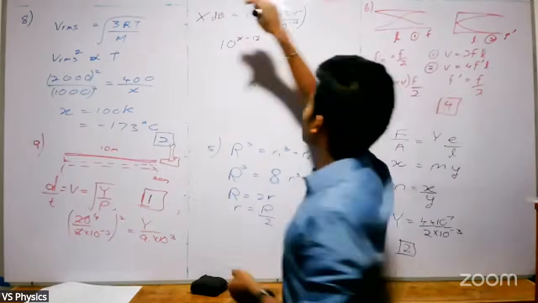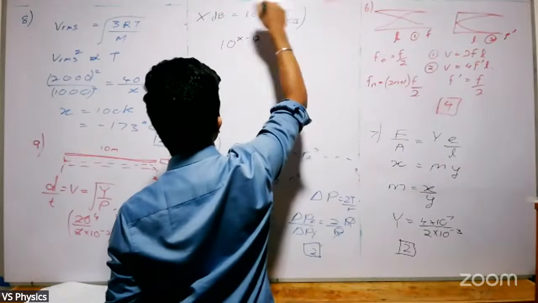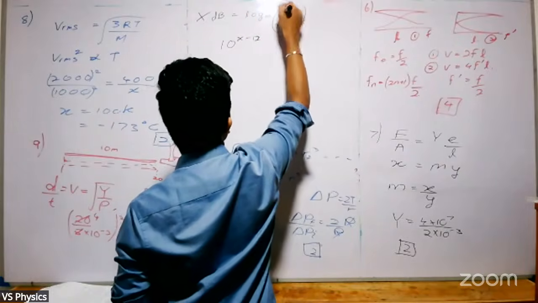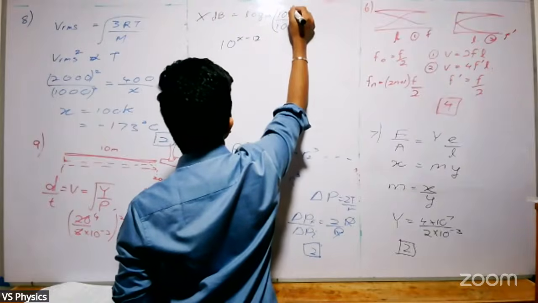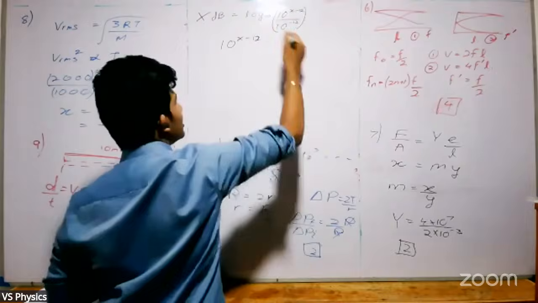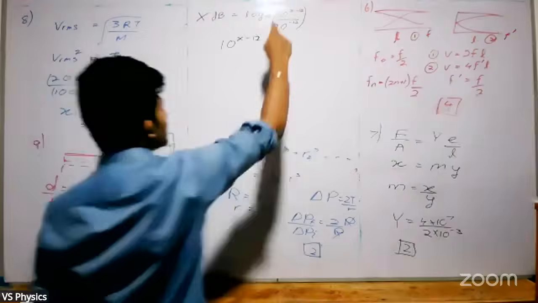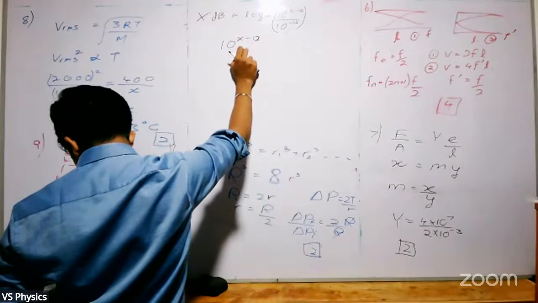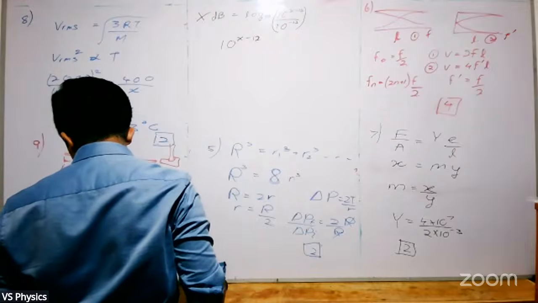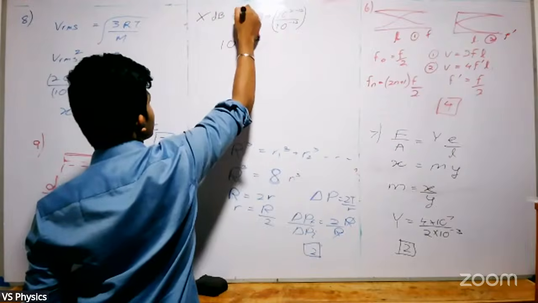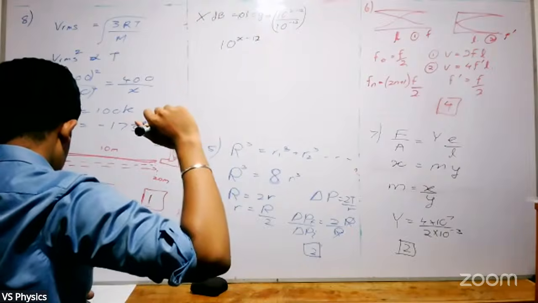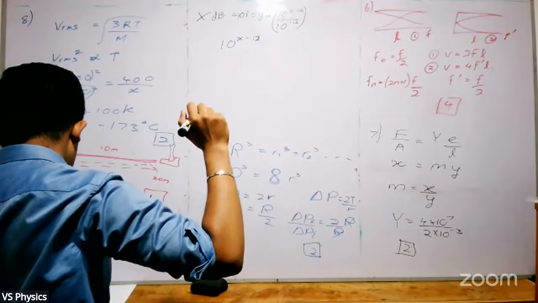If it is x, what do we get here? 10 to the power x minus 12. These 12s cancel and you will find x. And x will be a negative value. So we can write it like this for the first one. There is also a 10 here, I forgot about the 10 here. Then this will give you